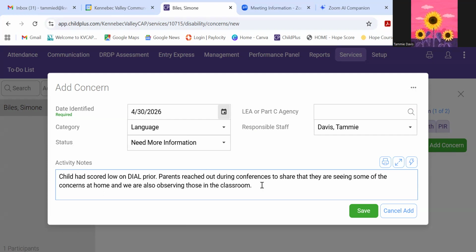And sometimes you'll also find that if we do dials and there's a low score, we may open a concern for tracking reasons. Don't be surprised if you came in after summer break and that occurred. It would just need to be updated and closed, which I'm also going to show you what to do. So now we know the parents have reached out. That sounds like maybe they're a little more ready for talking about next steps. So I'm going to put discussed next steps